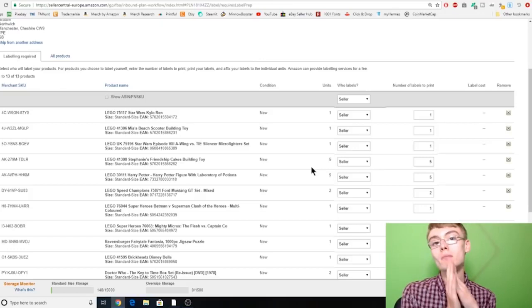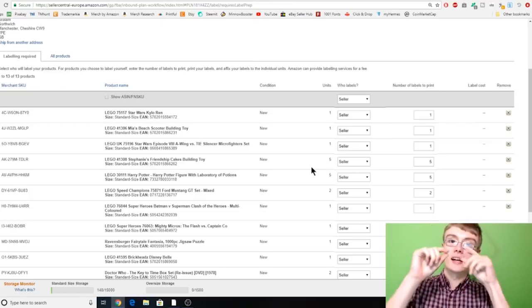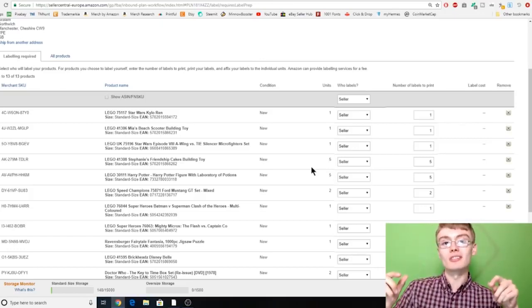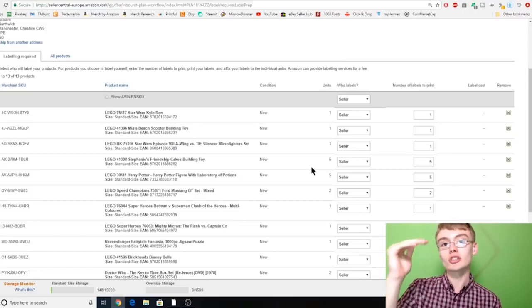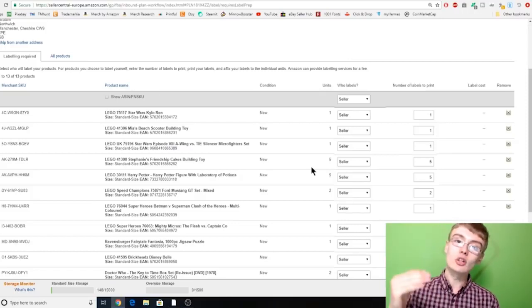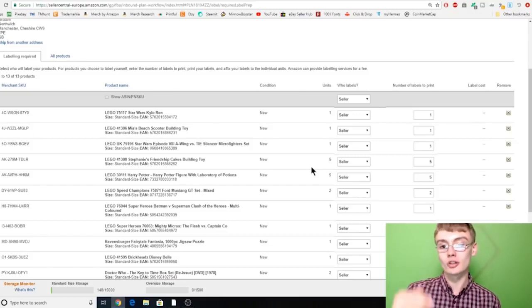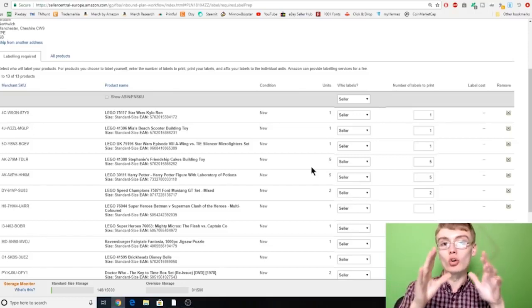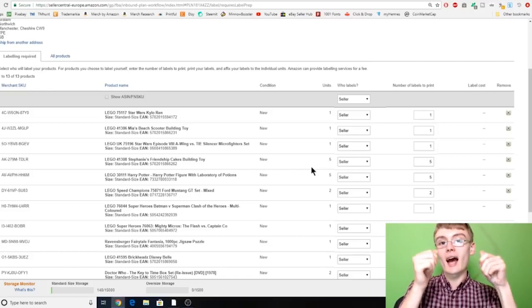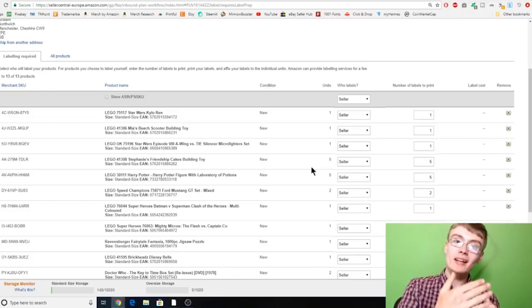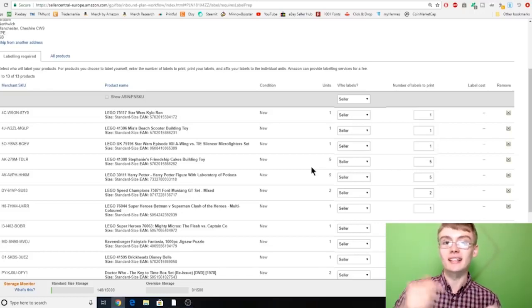So basically, do you remember that page that we came across that said what sort of labels are you using? Are you using manufacturers, or are you using Amazon barcodes? Well, basically, if you choose the Amazon barcode option, then you have to label up all your products with a unique Amazon barcode that then when your items get to the shipping center, Amazon will scan them into their system